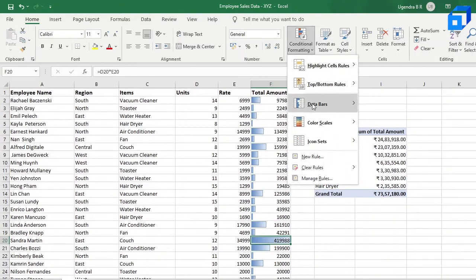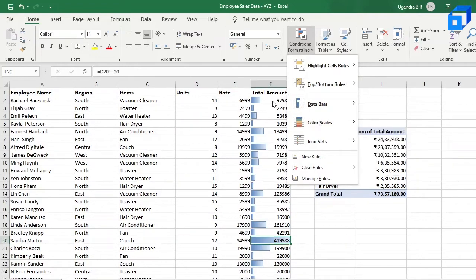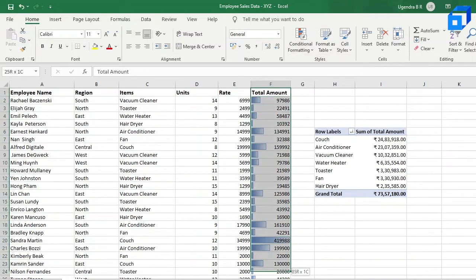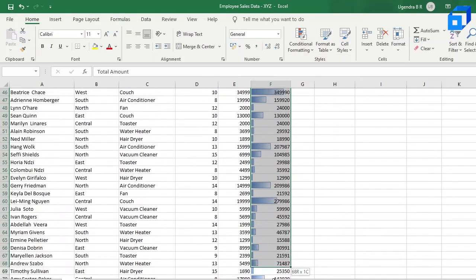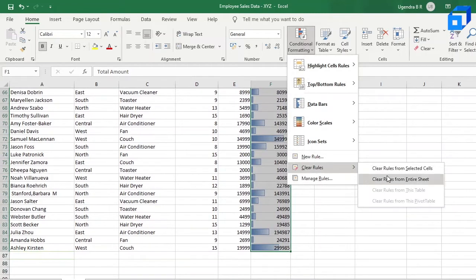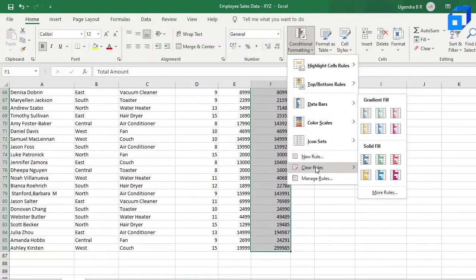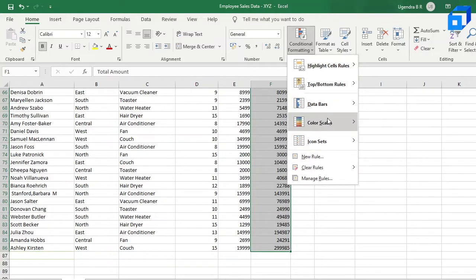And also you can use the color scales. Again let us select the entire column, and before that, let us clear the rule first from the selected cells, and then go to conditional formatting, and go to color scales.